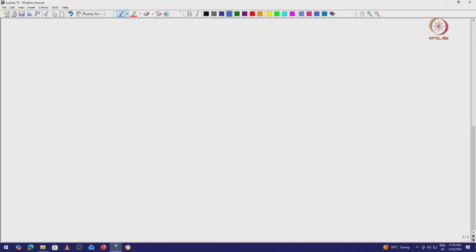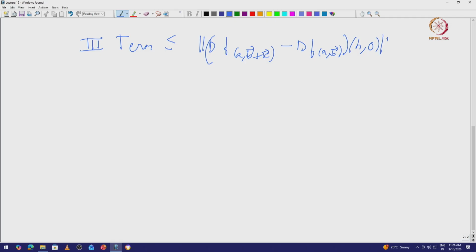So first of all, the third term is less than, what is the third term? It's this times h0 divided by mod h. In fact, it's equal to, but this is less than